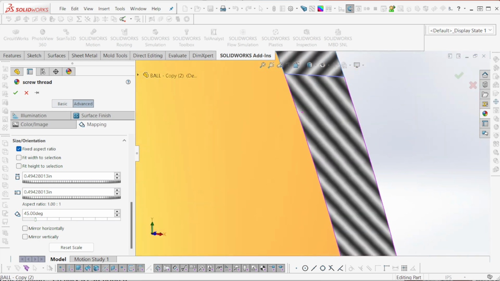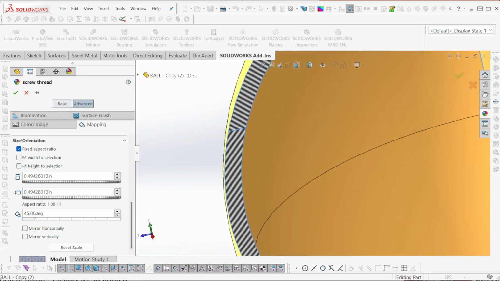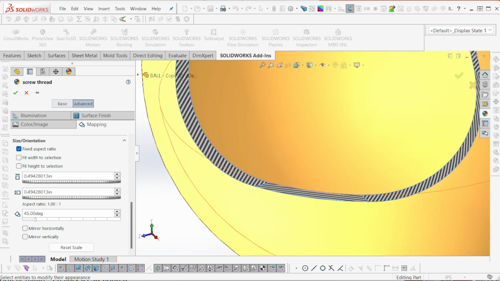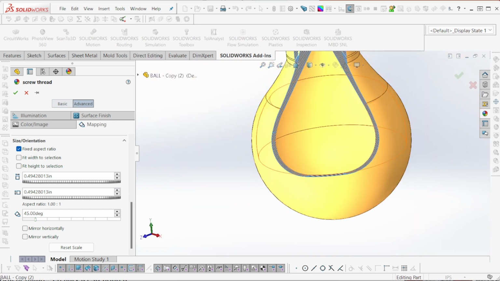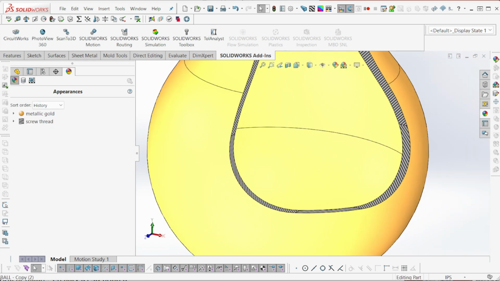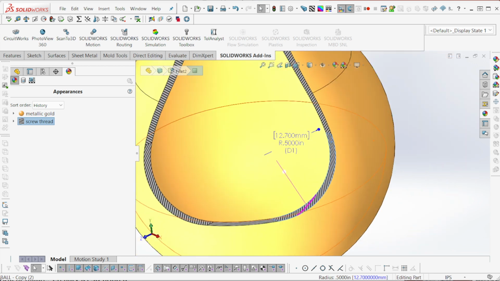Haha, look at this guy. It's reversed, so I'll fix that one. It's because it's two different features, and it proved me wrong because that's the same feature and that one's reversed. So we'll reverse those. I'm going to say OK on this, and I'm going to select this guy and this